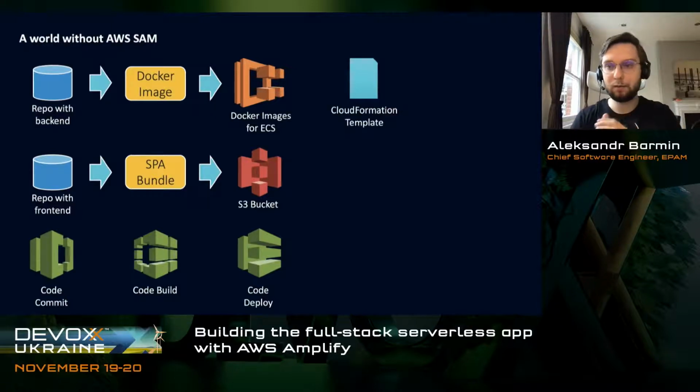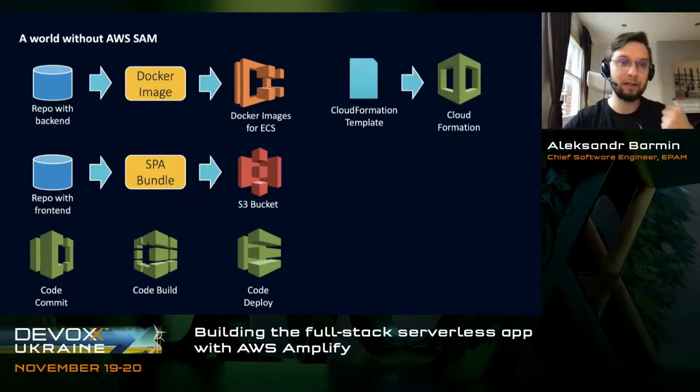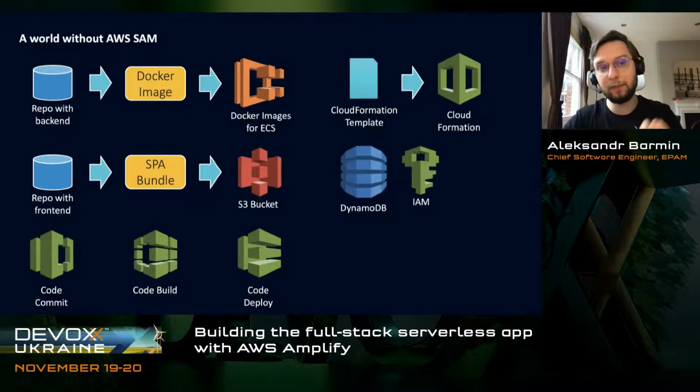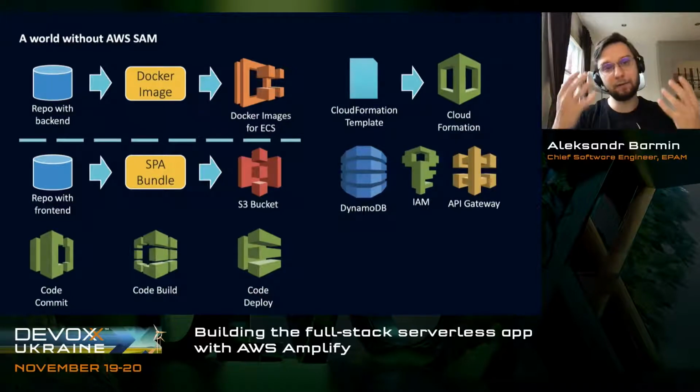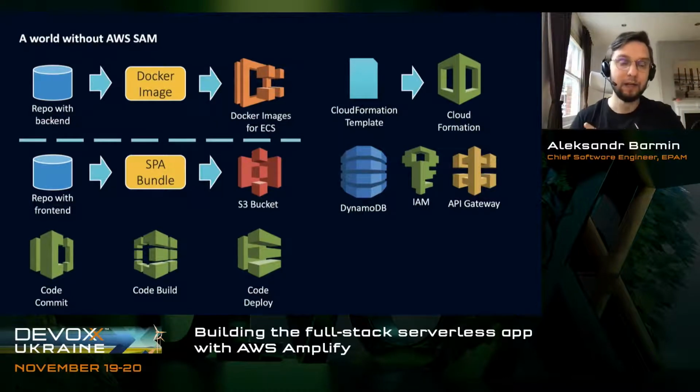Well, that's quite ordinary, but not enough, because the majority of applications do not consist of just backend and frontend. They also require a lot of supplementary services like database, API, and so on. Speaking about clouds and AWS especially, in order to build all these services and configure them, you need a CloudFormation template. You take this template to CloudFormation and it will configure all the things for you, like DynamoDB, IAM roles, gateway, and so on. But the main problem here is that your backend, frontend, and infrastructure are managed separately. So if you're making quite a complicated change, you need to make changes in all